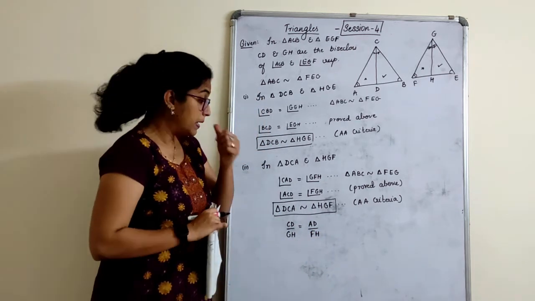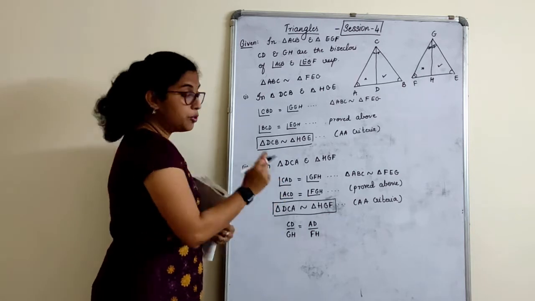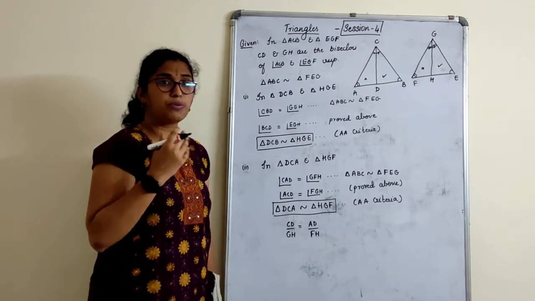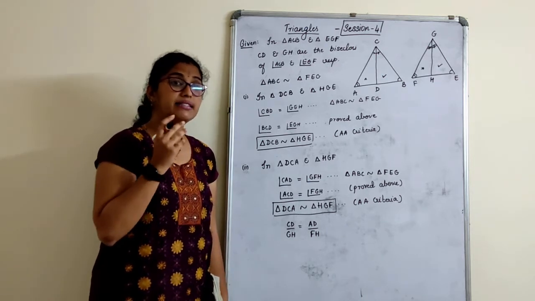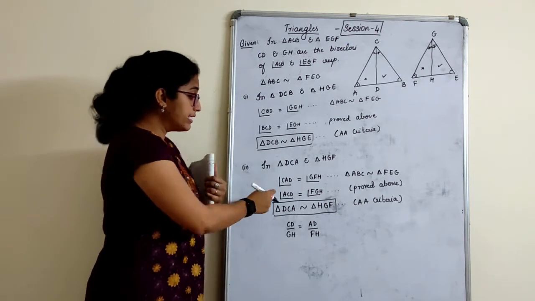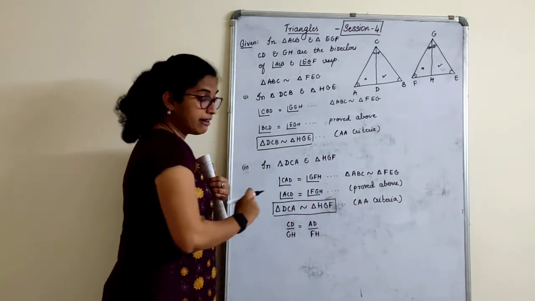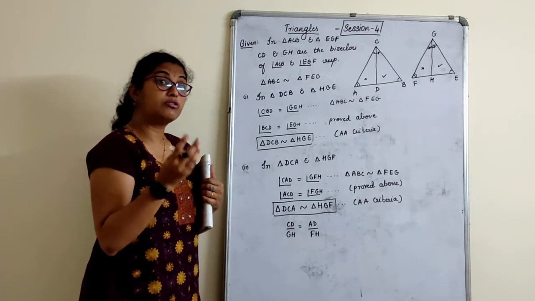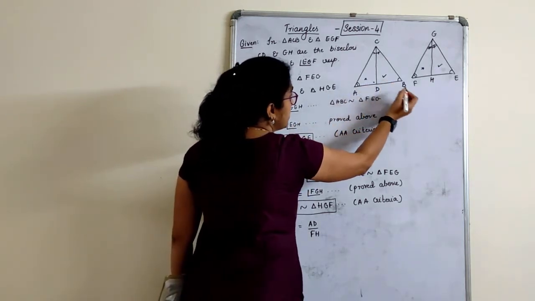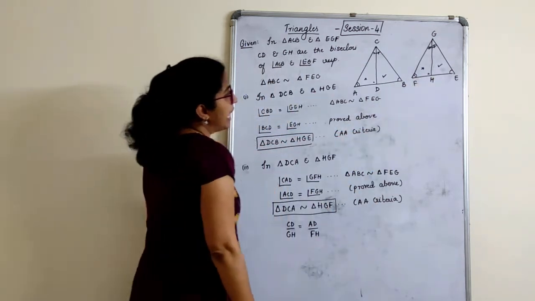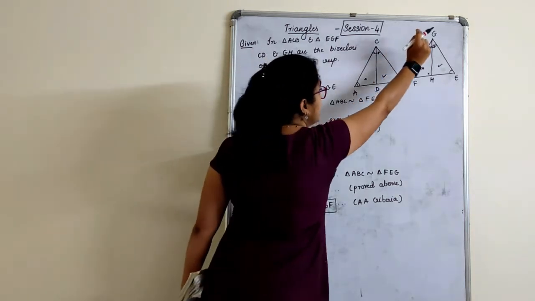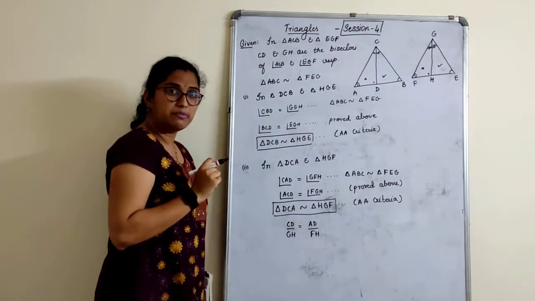What to do now? See here, we proved it only by two angles. That is why I got two proportional sides. Actually, if I prove it by three angles, how many proportional sides will I get? I get three proportional sides. Now, what did I say here? We wrote here double A criteria, correct? We also know that third angles are equal. Which could be the third angle, children? Can this be the third angle? Angle CDA is equal to angle GHF. Can that be the third angle?